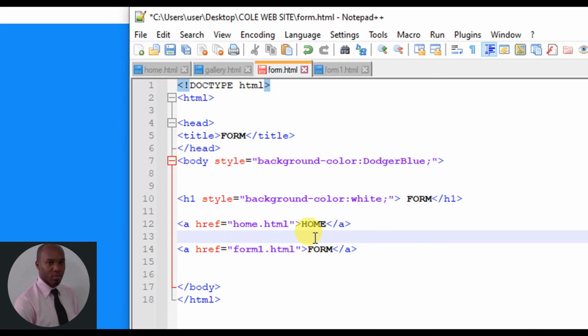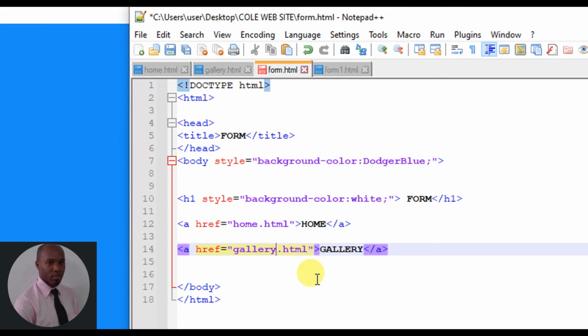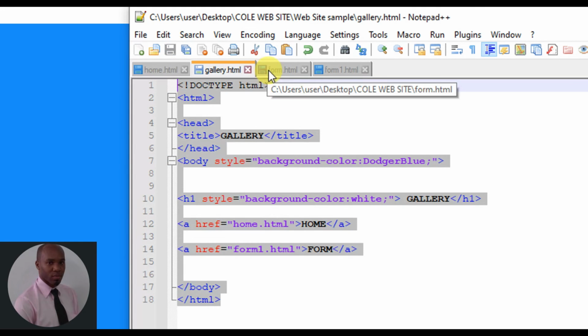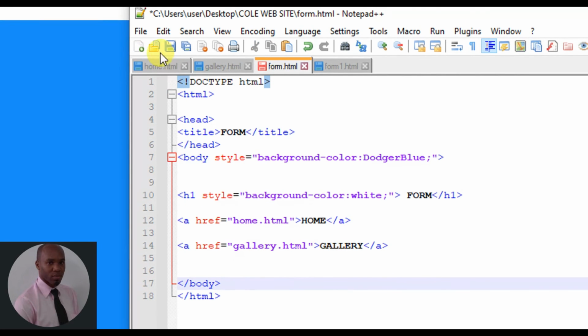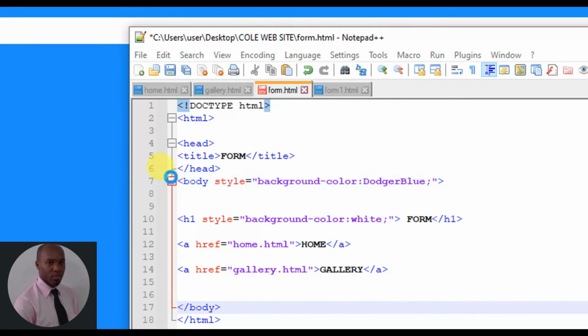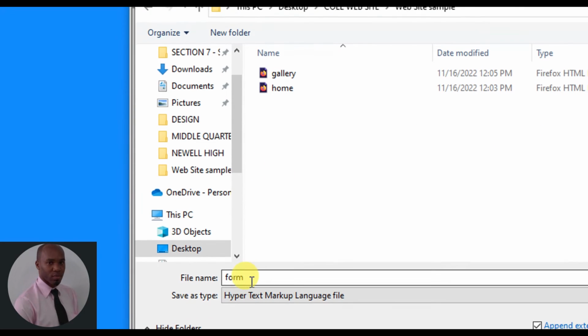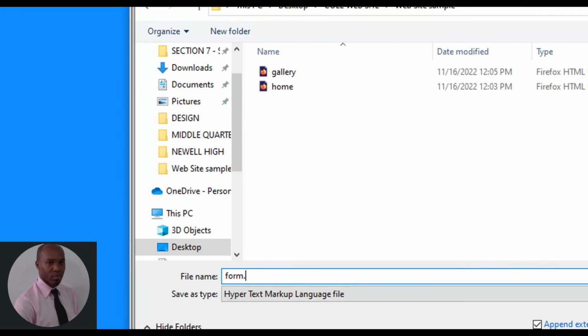And now I am on my form page, so I would not need to have a link to form, but I would need a link to gallery. And of course I must change the part from form here, and I'm going to give it a name of gallery. Alright, so let me just save my form page. So file, save as, and I'm saving it inside this folder again. I'm gonna call it form.html,